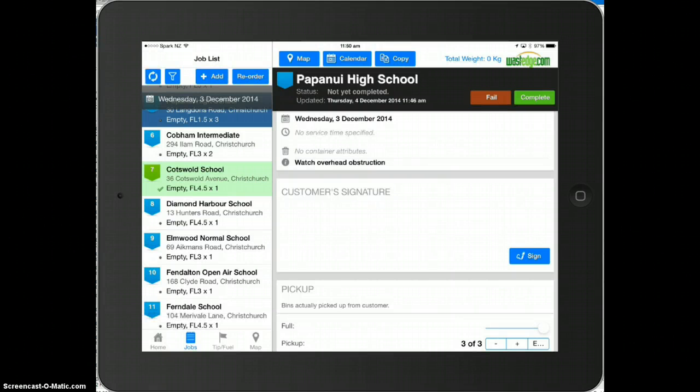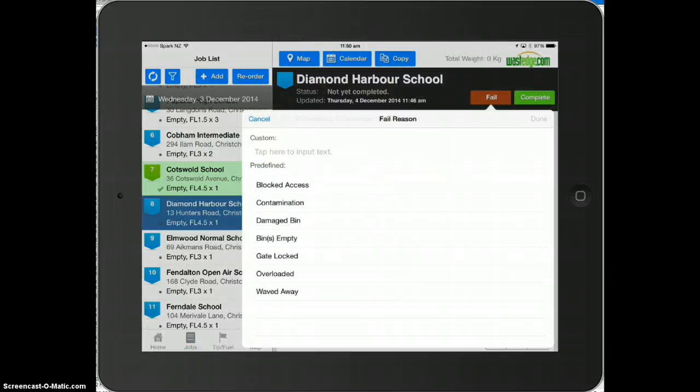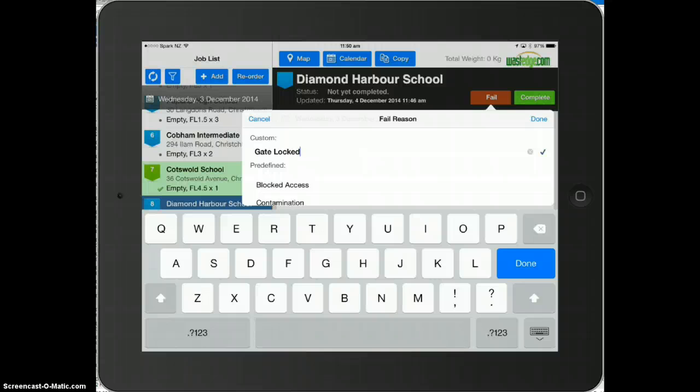So we'll go on to Diamond Harbour School, we'll go there. We'll say that we've turned up at this job and the gates are locked. So in this particular instance, we hit the fail button, and we're presented with a list of customer configurable reason codes. So we say the gate was locked, so choose the gate was locked, and if I want to add some additional information I can. Gate locked,